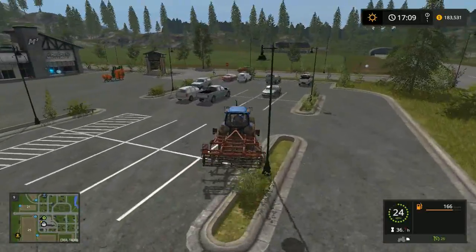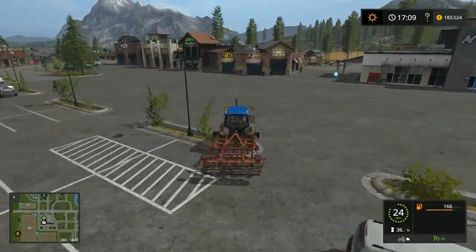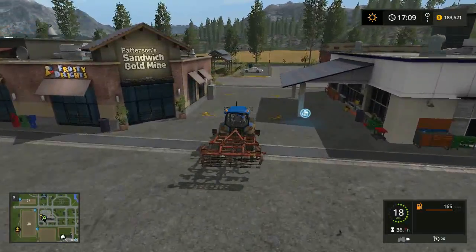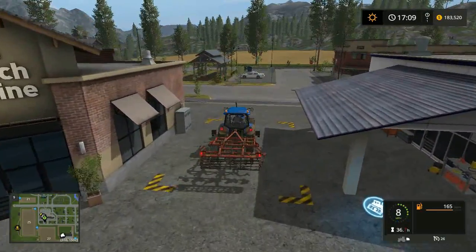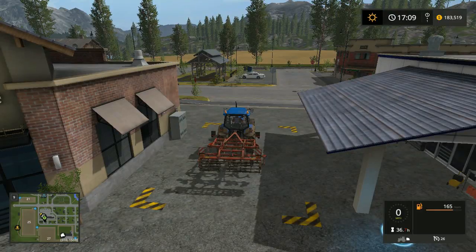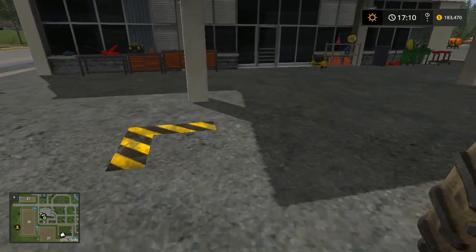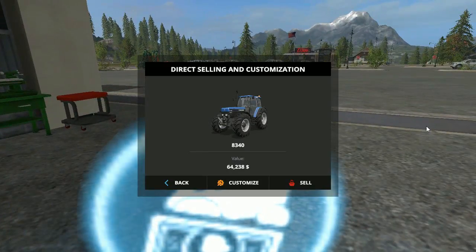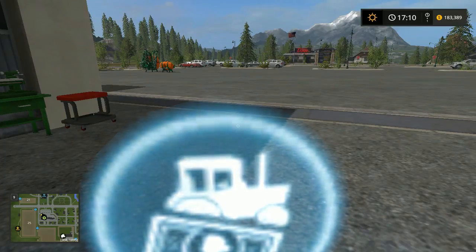Whoa, whoa, whoa! Drive straight. What happened? Anyway, we brought this one up to the shop. We had to come up here anyway with the tractor to pick up the fertilizing equipment. So we're going to go around and we're going to sell this baby. No, we don't want to sell the tractor. I think I'm going to have to drop the